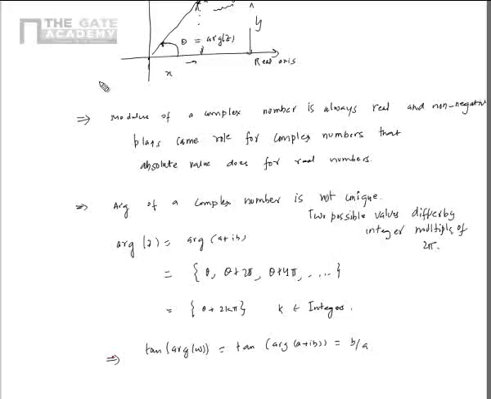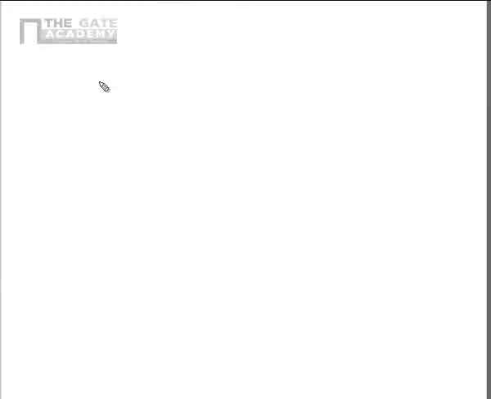Most of the time we restrict the argument to a range: either theta varies from 0 to 2 pi, or we restrict it from minus pi to pi. In order to avoid multiple values, we restrict it in this way. Now let's represent various complex numbers and calculate the mod and argument of them. We have seen what modulus is and what argument is. So if you have the complex numbers 2, 1 plus i, i,